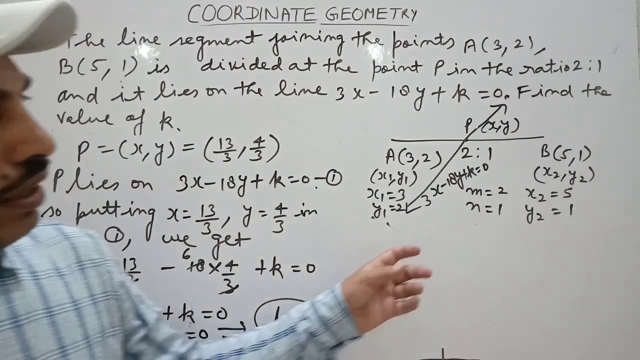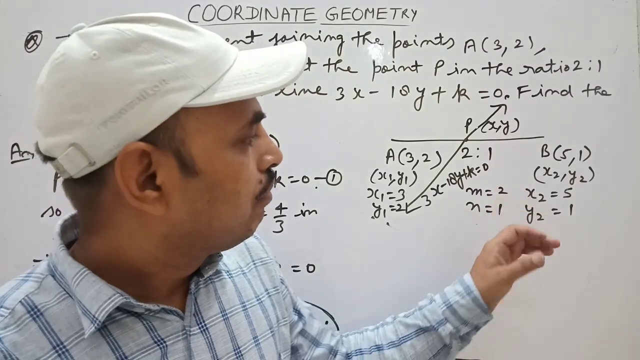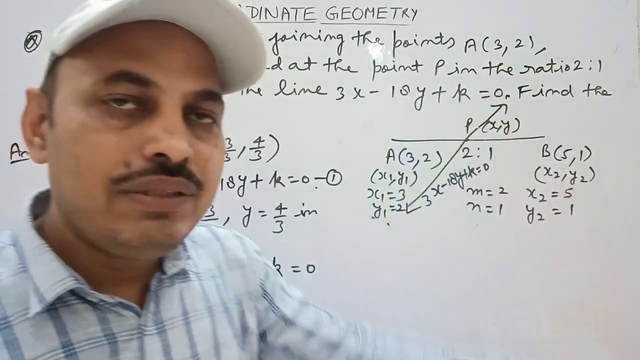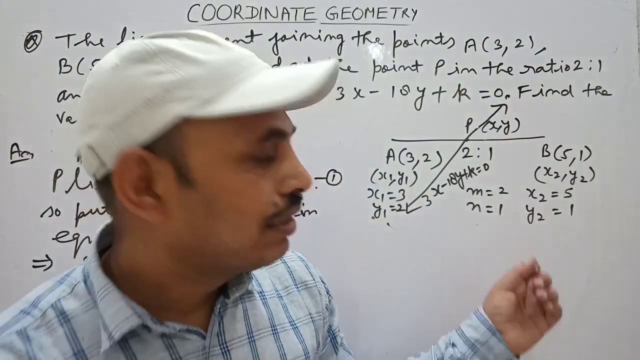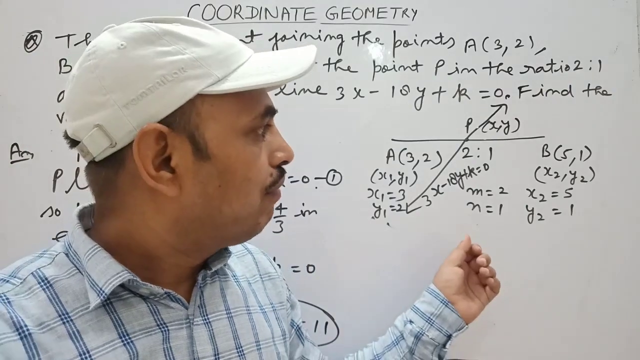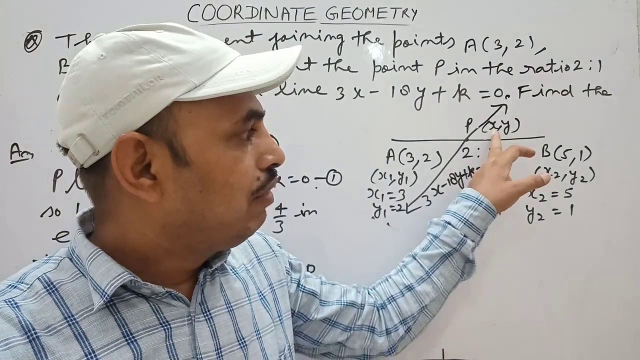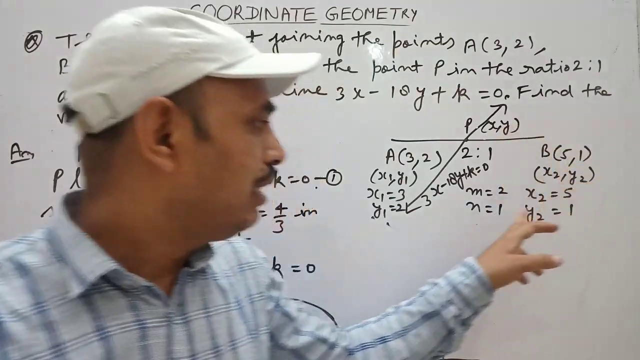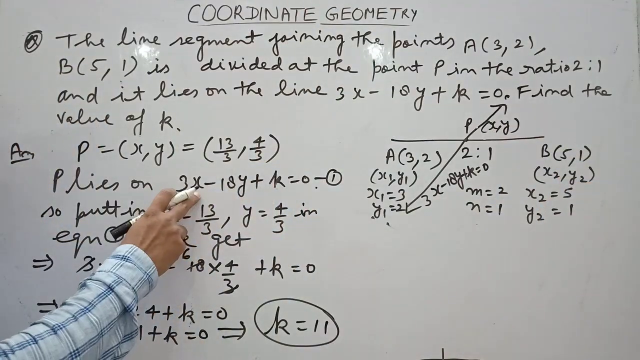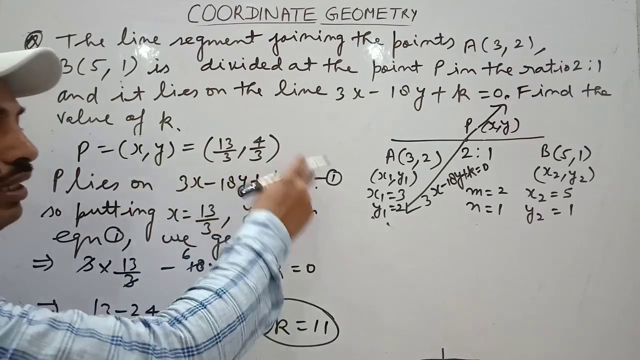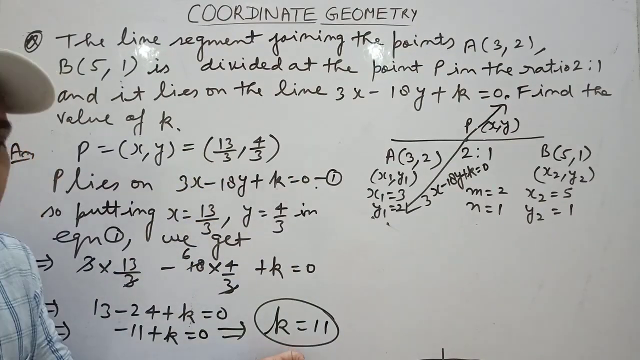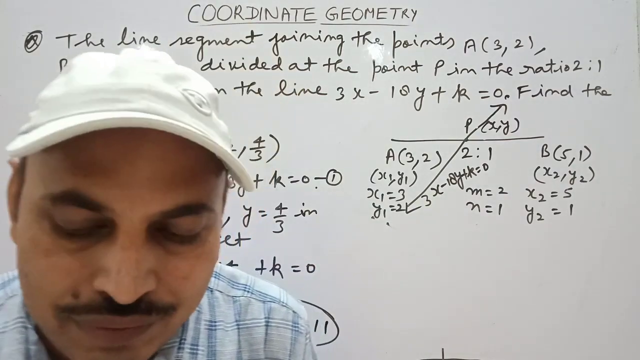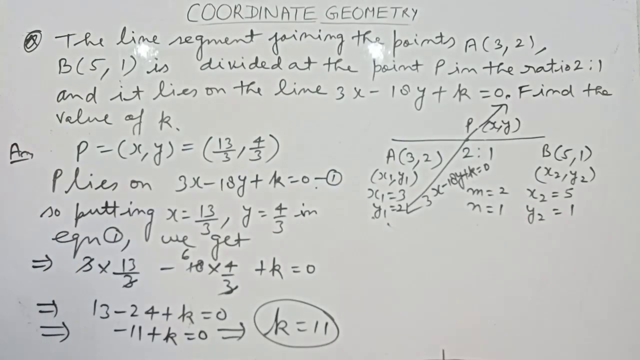So what did we do in this question? First we find the coordinates of P by using the section formula. After finding the values of x and y, we put the values of x and y in the equation 3x minus 18y plus k equal to 0. Then finally we find k equal to 11. Next question is,